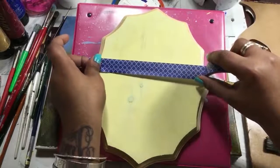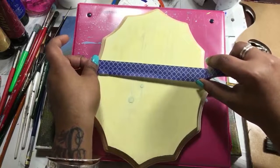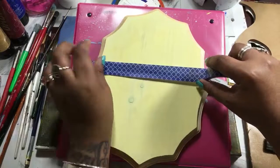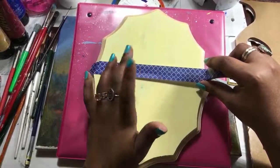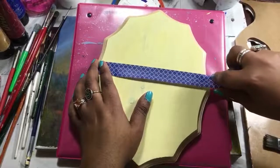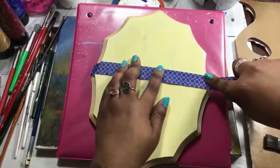I always utilize tape, and this is a great tool for you newbies out there if you want to get a straight line. If you're doing a horizon line, the horizon line needs to be straight across. You don't want it to be a wobbly type of thing. You know what I'm saying? Yeah? So it's a good way to kind of get your...